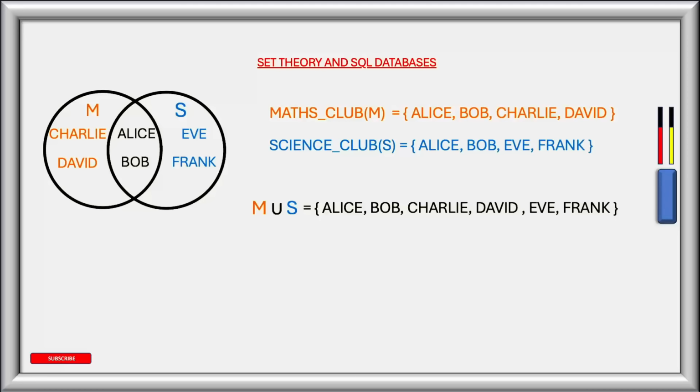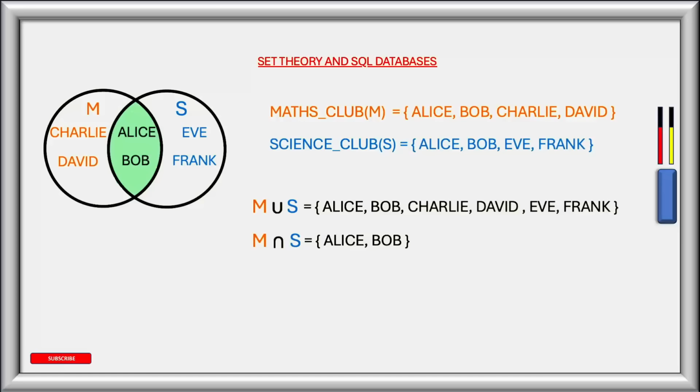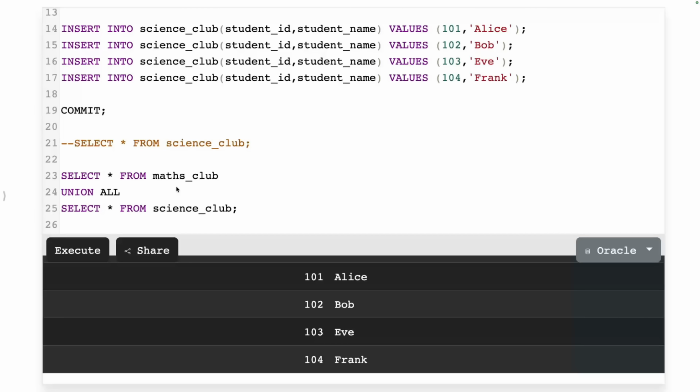Now let's look at our two sets again and look at the intersection of the two sets. And that's the green shaded region shown here. And in this intersection, we have Alice and Bob. Let's now go back to our Oracle SQL interface and see how we get this data from the database. And so in Oracle SQL, if we want the intersection of the data in the Maths Club and the Science Club, we need to use the reserved word intersect. So if we replace our union all with the word intersect,